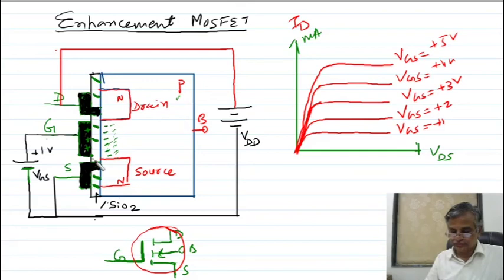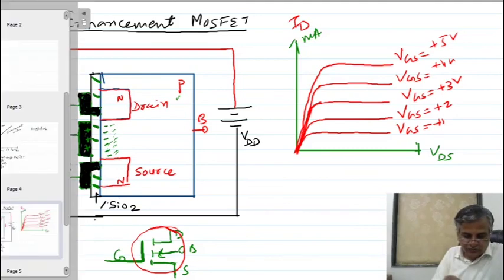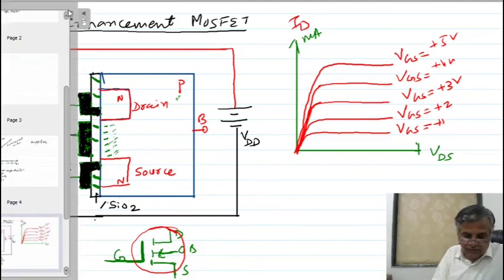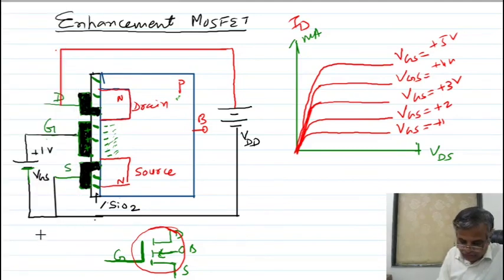That voltage is called the threshold voltage, which provides immunity against noise and avoids false switching due to noise. This we have discussed for the N channel